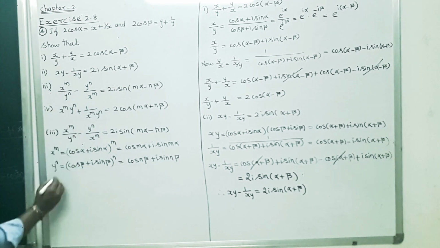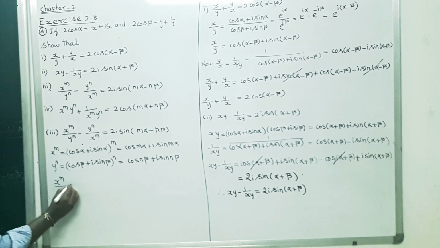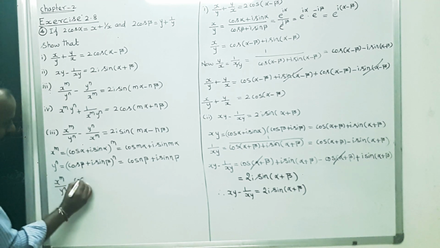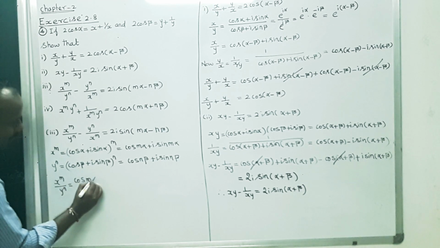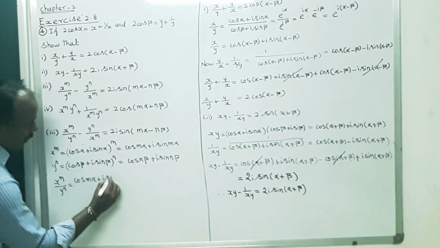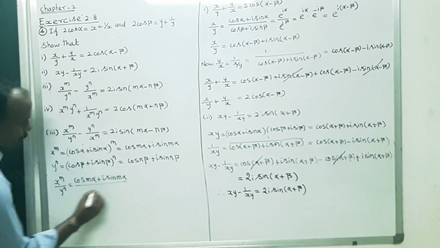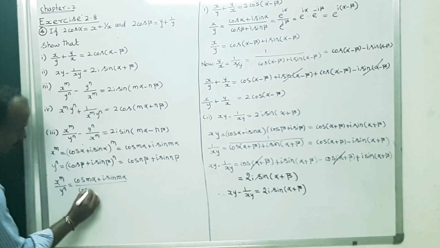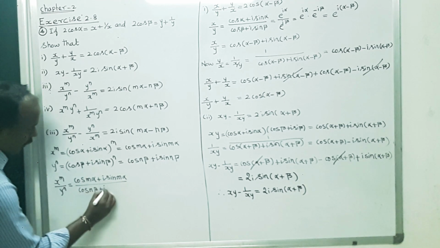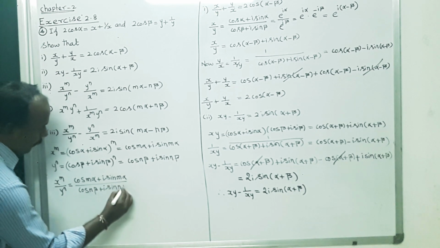First to find out x power m divided by y power n, that is equal to cos of m alpha plus i sin of m alpha, whole divided by cos of n beta plus i sin of n beta